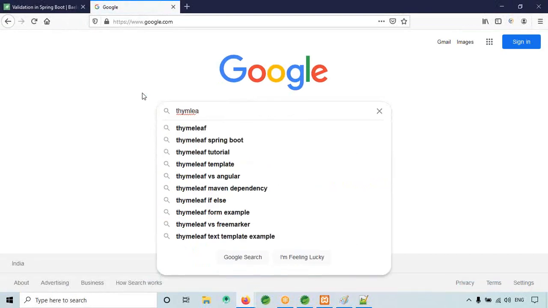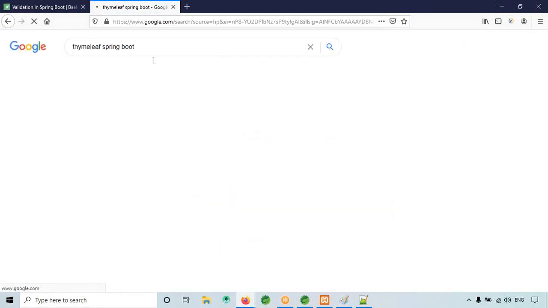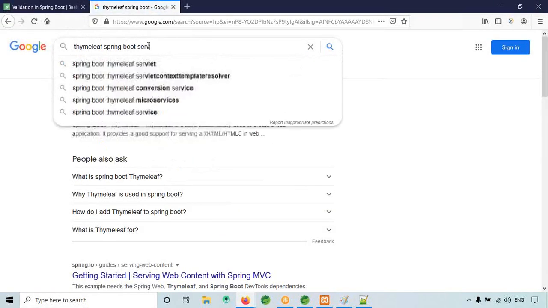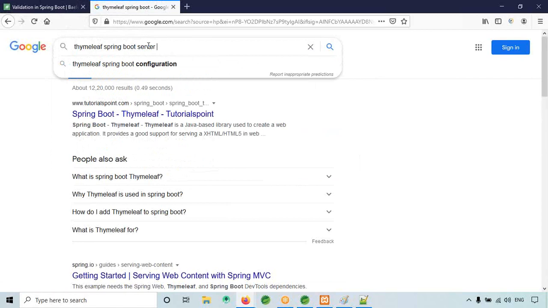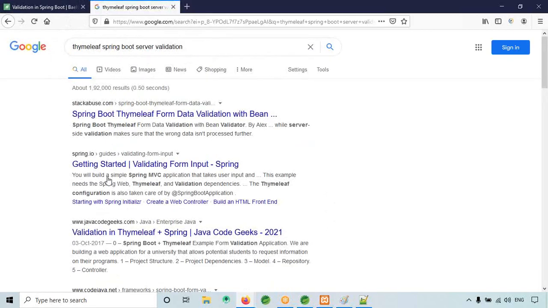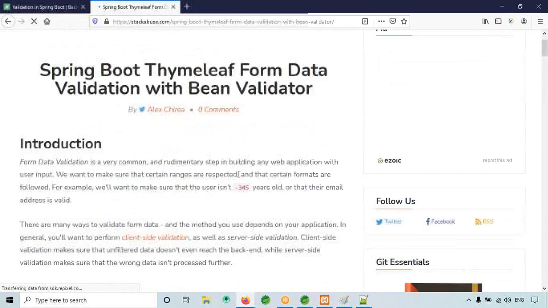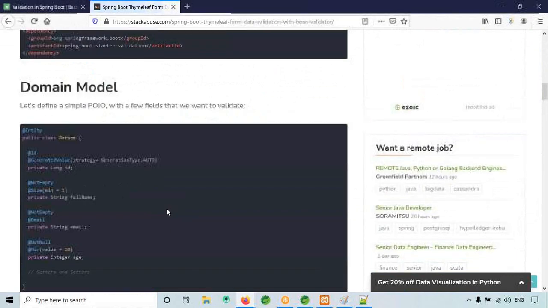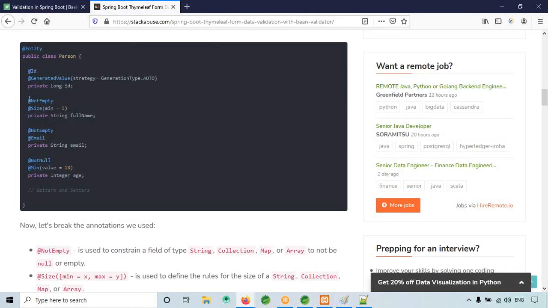Thymeleaf, Spring Boot, server validation. Type this. See, form validation, Thymeleaf, same thing.